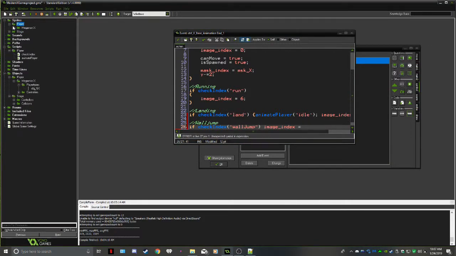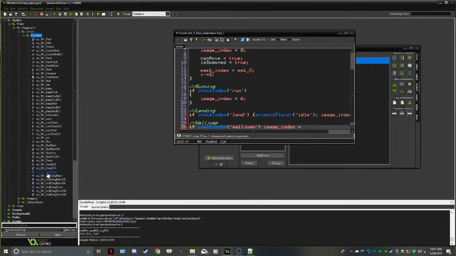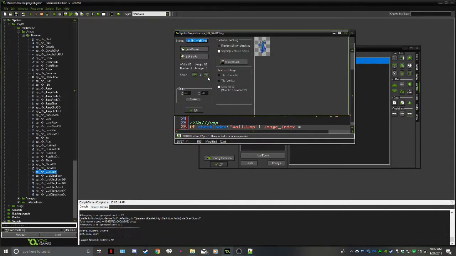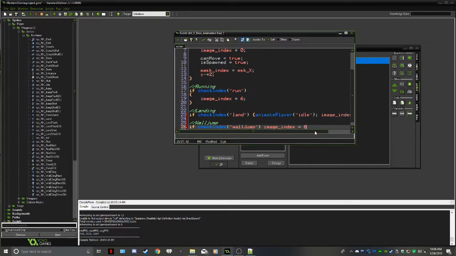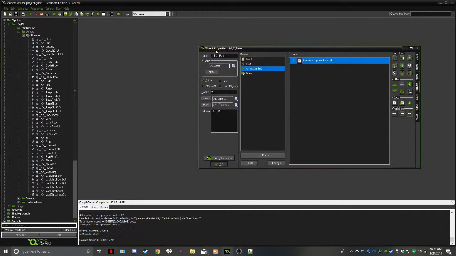So we need to find out what that is just by looking at one of our wall cleans here. 6 or 7 could work for us, so I'm just going to say 6. Okay. And then